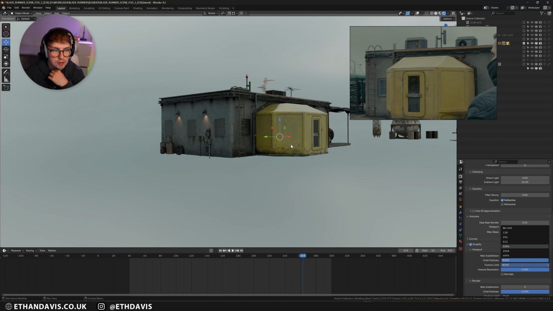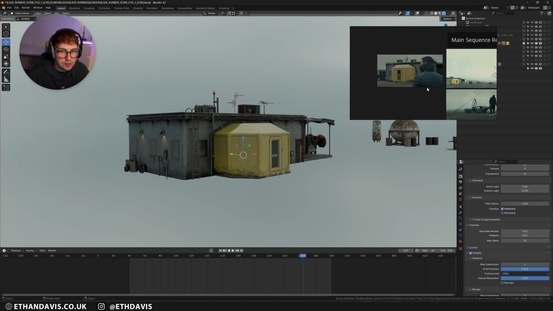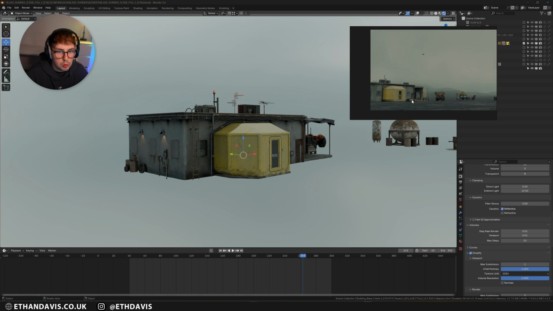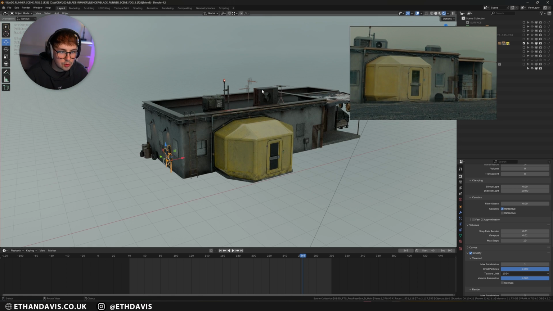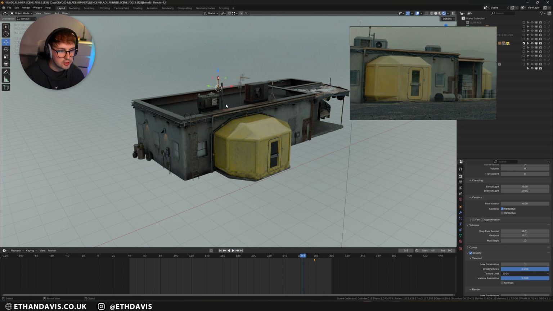I'll go 1000. Now, the only things that I didn't fully copy for this building were these panels that I've added, and also this top part. I didn't see any reason in modeling something so complex. So these two assets are actually from Kitbash, and that was just really useful to have something and place it.